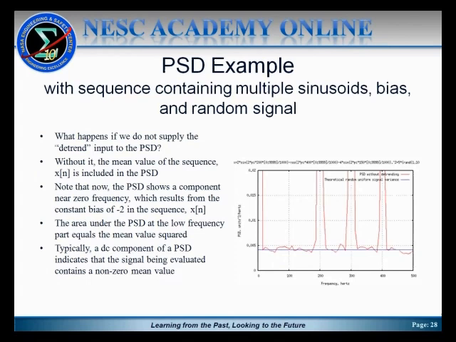One final example, or comment I want to make here, is what would happen if we had not provided the detrend option to the PSD to remove that mean. So without it, the mean value that we built into this test function actually is included in the PSD. And you recall what that would do, if you remember from part 1 of this presentation and other comments I made in this presentation, the mean value would show up as a zero frequency component in the PSD or in